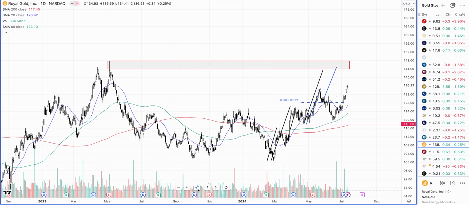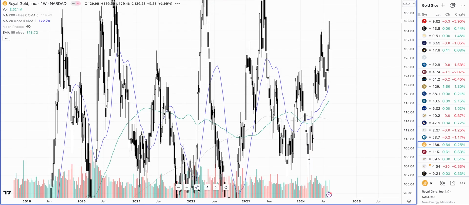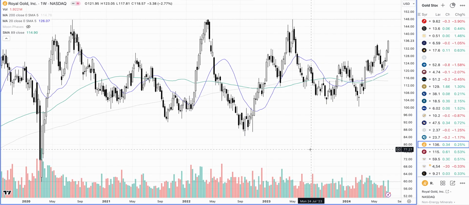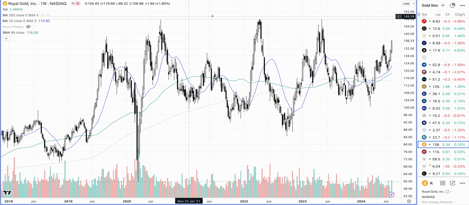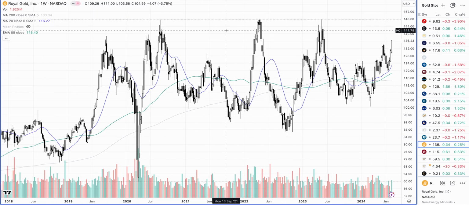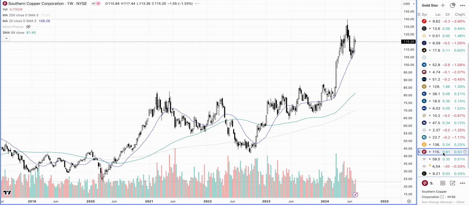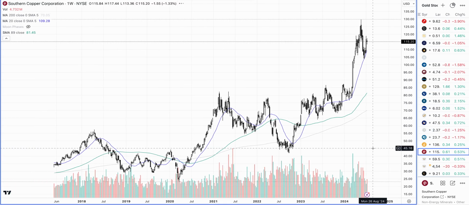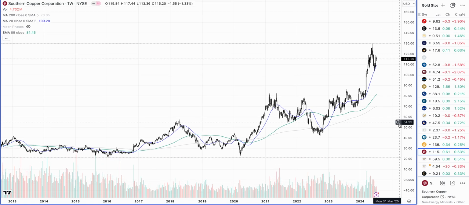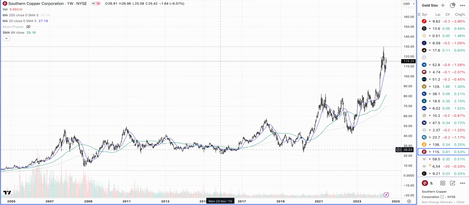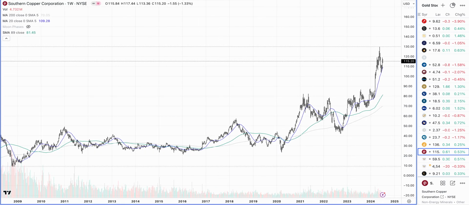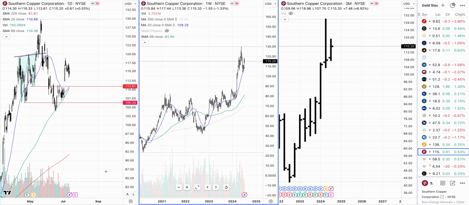Let's see what we have on the weekly chart for this. So yeah, this is what we discussed. Massive range there. So maybe it wants to go test the top of the range again. This one is Southern Copper Corporation. There were big moves happening in the copper market. Let's see if we already have. Looks like it's done an ABCD already and pulled back from there.